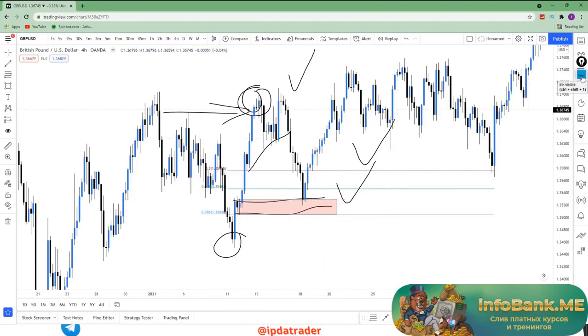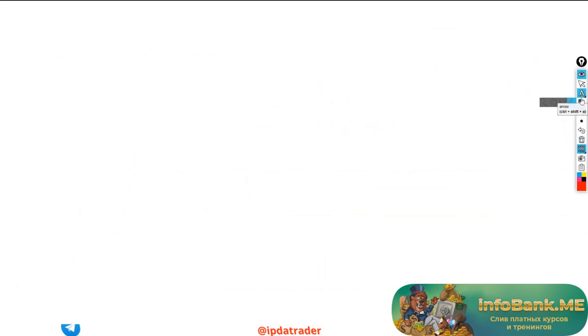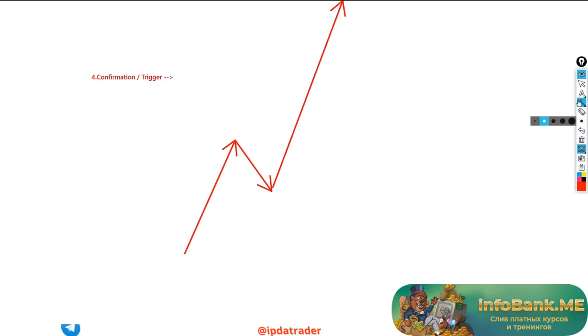And for that, let's actually go back to the drawing board. Let's remove this and let's talk about your confirmation. Now, your confirmation trigger will happen inside your POI, okay? The only scenario where you can look for confirmations is within your POI. If price is not within your POI region, if price has not done the 61% retracement, just like in this case where price barely retraced and continued higher,